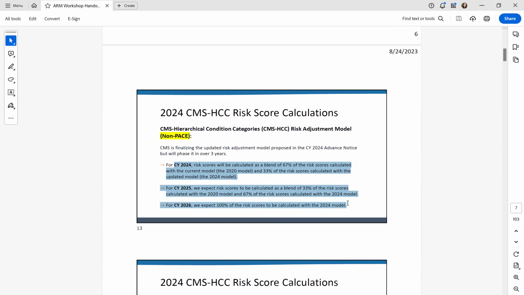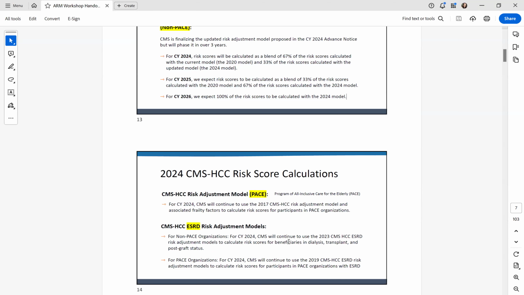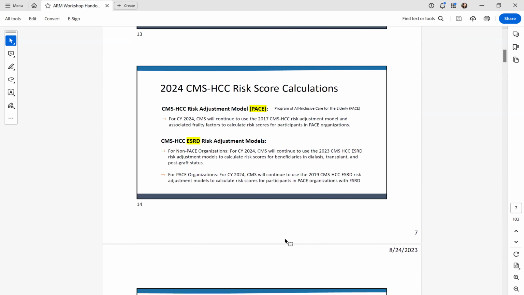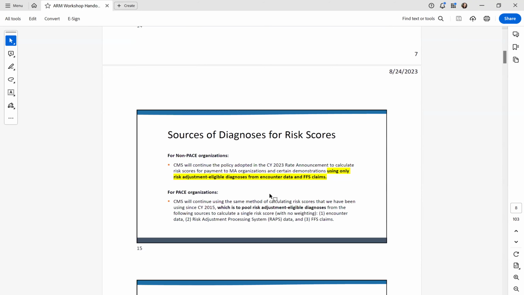And then over time, by 2026, we'll be entirely on the new model. Let me pass over this. And again, you can see here,